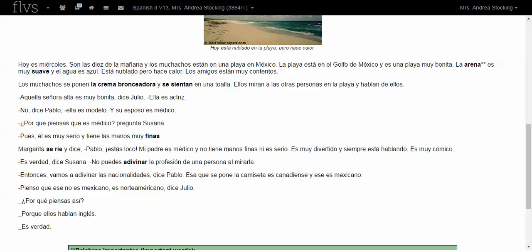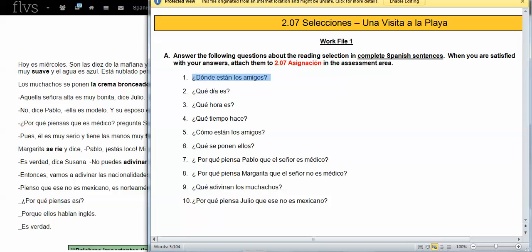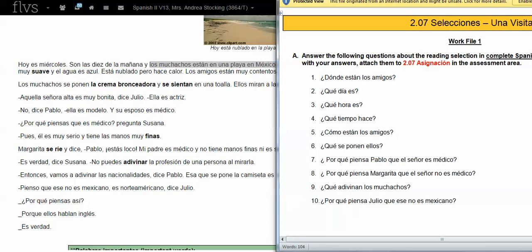So I see right here in the second sentence, los muchachos están en una playa en Mexico. So all you want to do is copy and paste that answer as you're reading. Or if you want to, the question says los amigos and the reading says los muchachos. Either one is fine. One means the friends, one means the kids. It's totally fine either way.